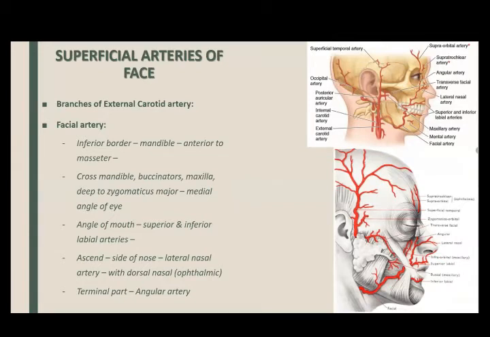slide of the arterial supply. The main arterial supply is from the facial artery. Here, this is the facial artery. Please note ये बड़ी tortuous सी artery है. ठीक है. अब ये जो facial artery है ना, it is a branch of external carotid given out from close